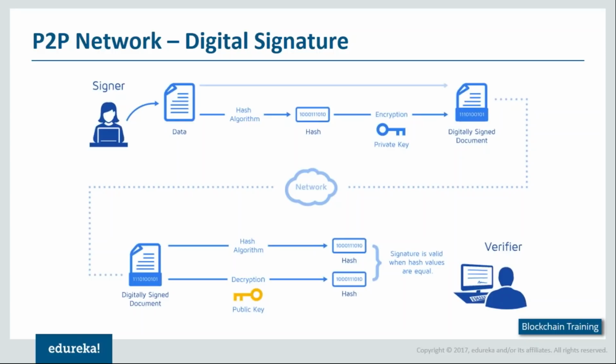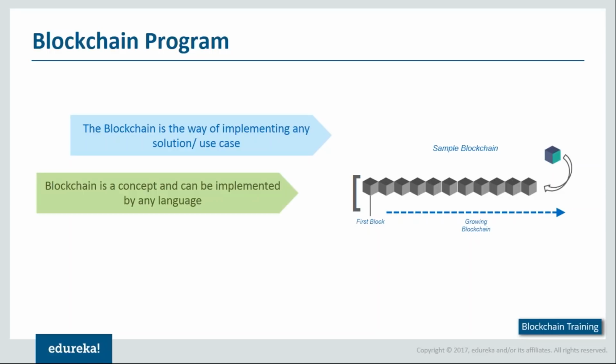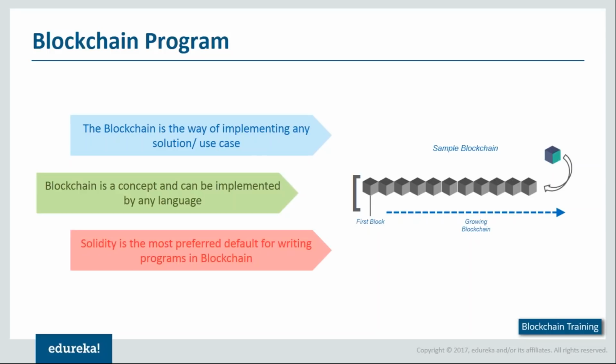Okay, that's great. So moving forward, let's talk about the blockchain program itself. Blockchain basically was an implementation or a solution which ensured that the transmission of bitcoins can happen, and that different decentralized cryptocurrencies can use the same solution to establish a parallel transaction system. Apart from this, the blockchain concept can be implemented using any programming language that you wish. Blockchain was originally written using C++ and Java, and today has evolved into different programming languages. But again, the most popular and preferred programming language to write the blockchain program is Solidity, and this is one of the most secure programming languages as well.